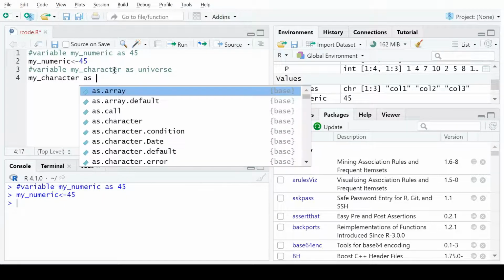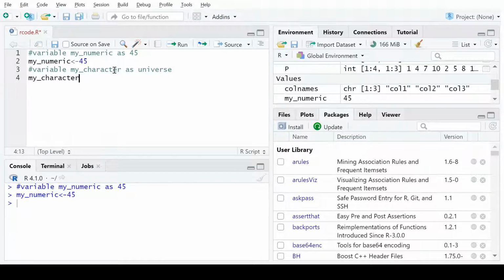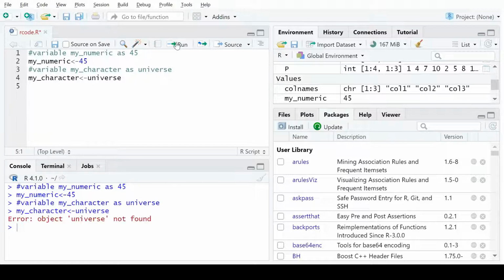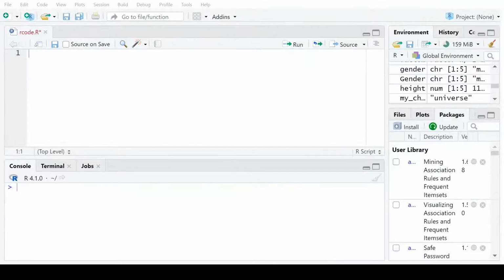We need to assign it like this, universe. When we run this command, there is an error.